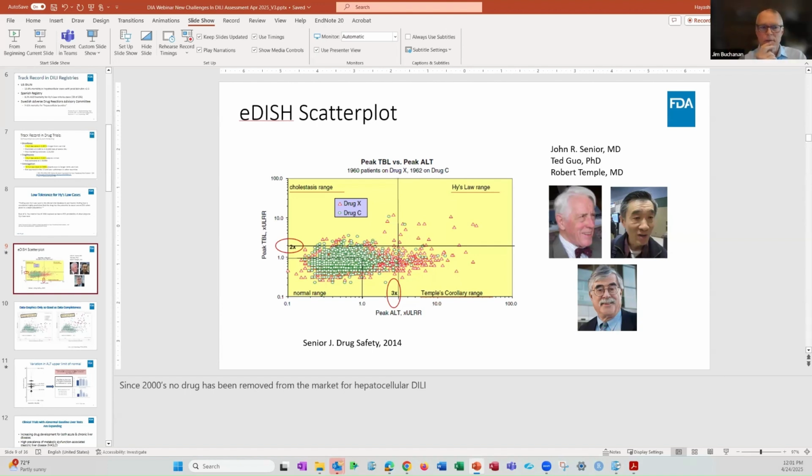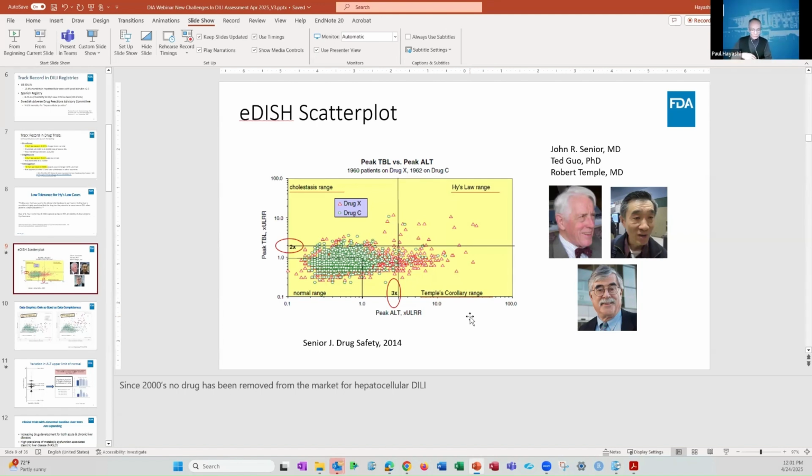Let me just interject, perhaps. Another question to that: is it worth thinking about Hy's Law qualifying cases within that time period? In other words, like you say, the bilirubin may continue to increase over time, so the peak doesn't really occur until much further out after the hepatocellular injury. But within that 30 days, they've already crossed that twofold elevation.